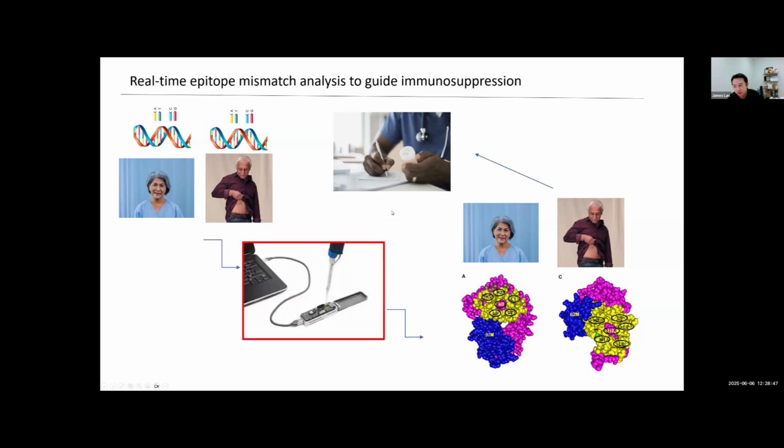The breakthrough technology that came was when Oxford Nanopore came up with their sequencer. I have one here, as you can see. This is a portable MinION, and here is the flow cell. In addition to being a very portable instrument, it allows real-time sequencing within the span of only an hour to get the data that we need. Once we have the genotype of the donor, we can put it into a computational pipeline that converts the genotypes into 3D protein structures, thereby allowing us to analyze the epitope disparity between patient and donor. Then we take that information and give it back to the clinician to prescribe medications.